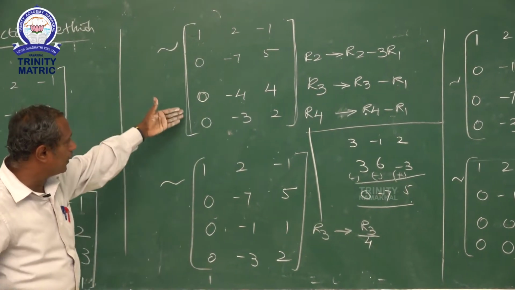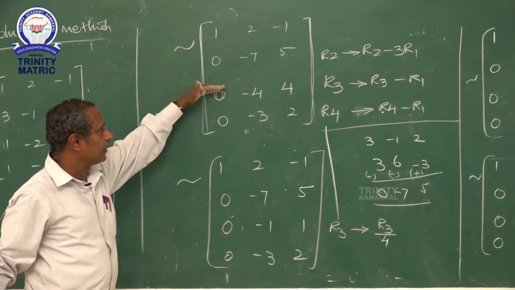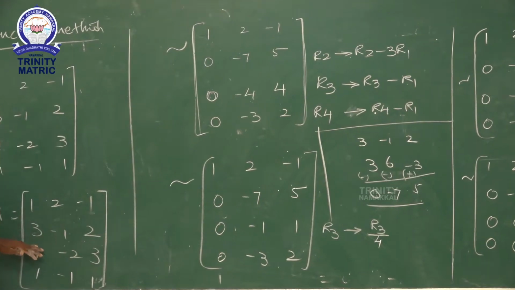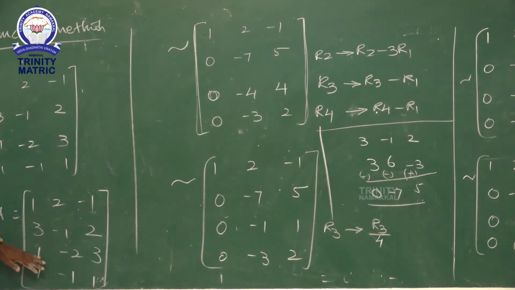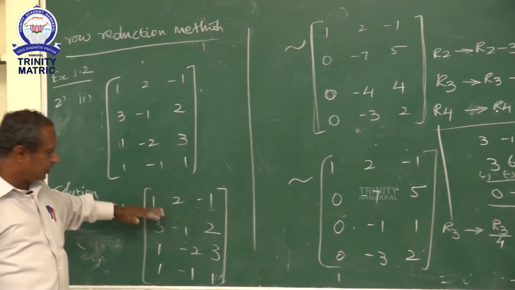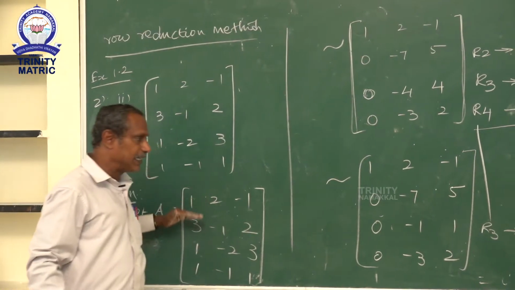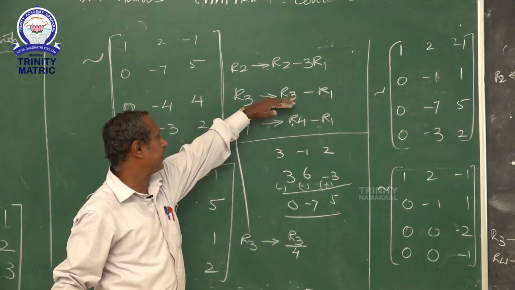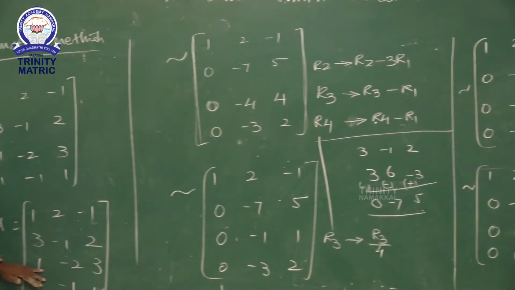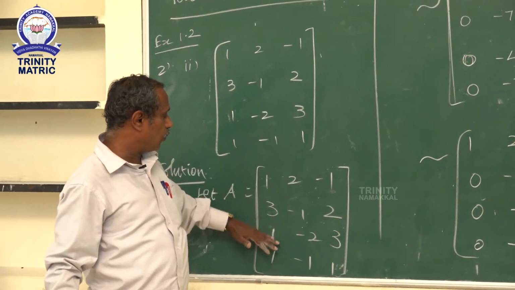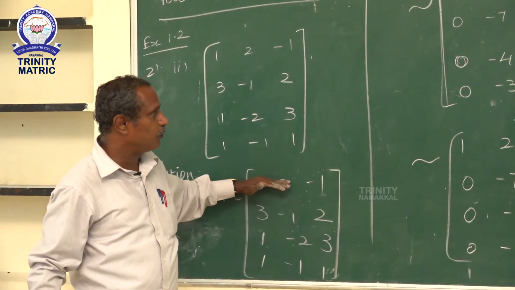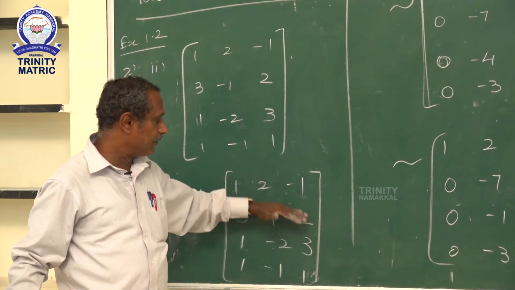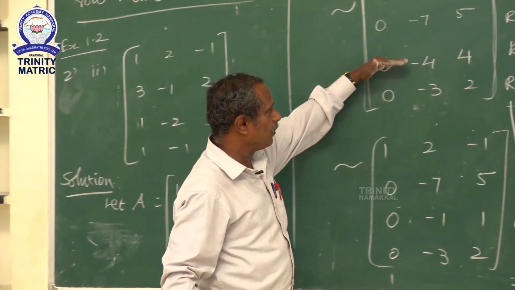Now, continuing in the same way, we get the 0s in the third row and fourth row. For the second row we have finished, we move to the third row, already 1 is there. In the first row we have 1, luckily we have 1, so we can directly subtract, that is R3 minus R1, the transformation taking place. Here R3 is 1, R1 is 1. So, 1 minus 1 is 0, minus 2 becomes minus 4, 3 minus of minus 1 becomes plus, so this is plus 4. So, 0 minus 4 4.